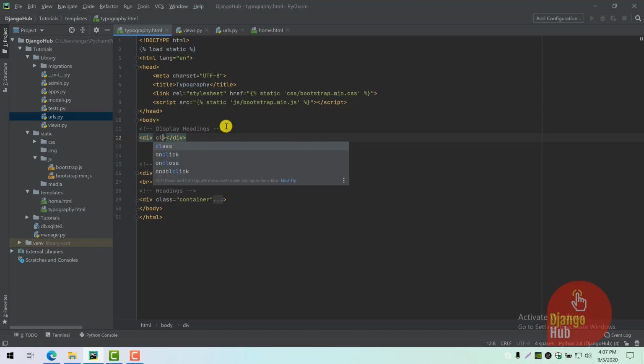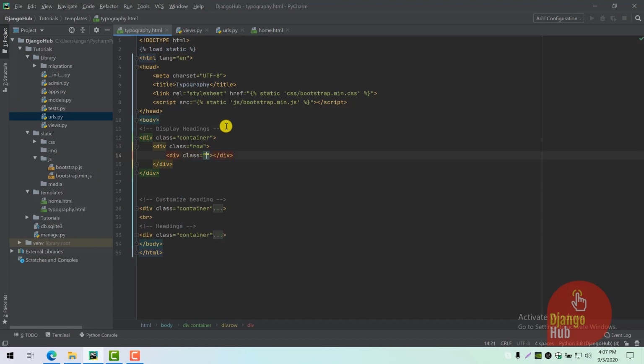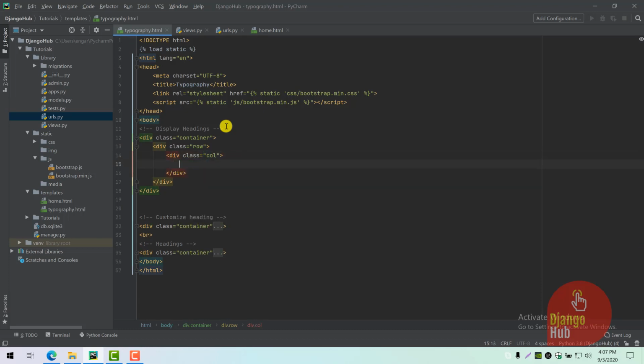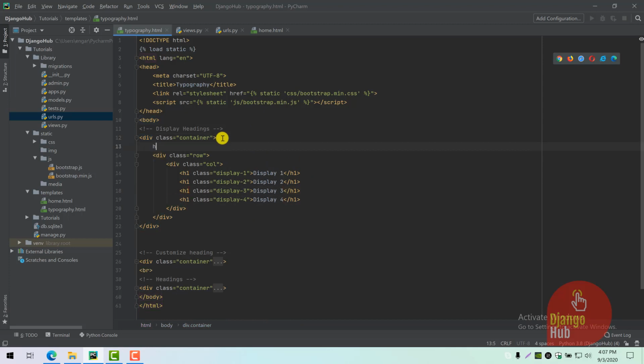Div class is equal to container, and inside this div class is equal to row, and as usual here div class is equal to column. And here I'm going to paste this code, Ctrl Alt L, to maintain the indent and format the code automatically. And here let's mention